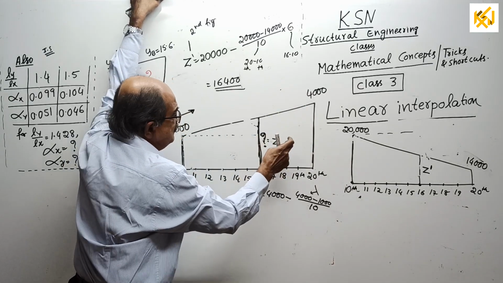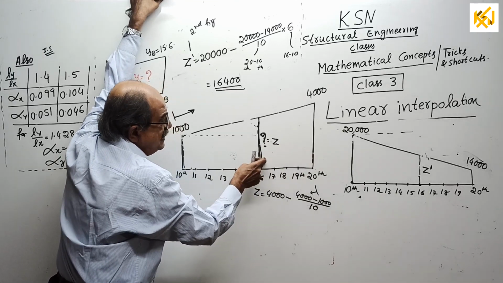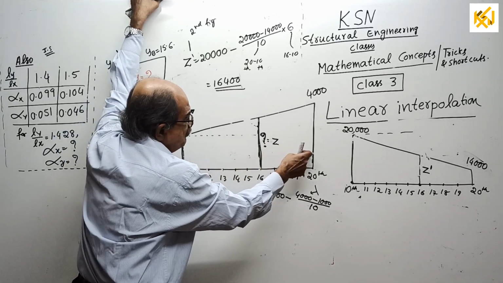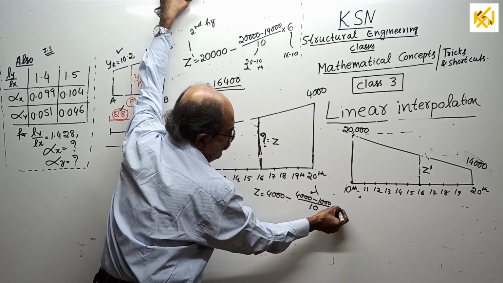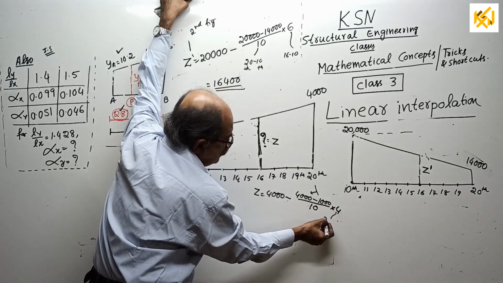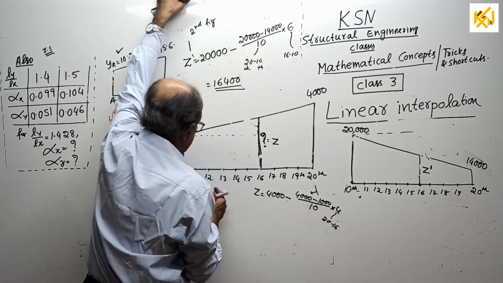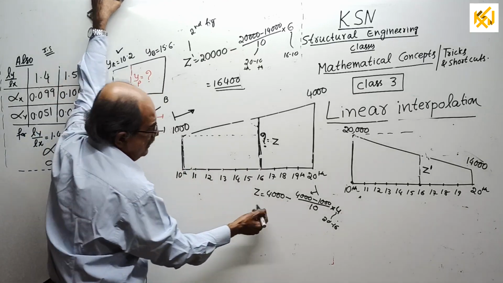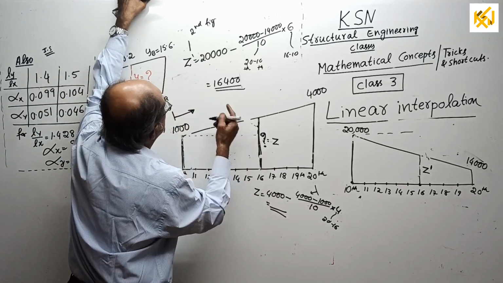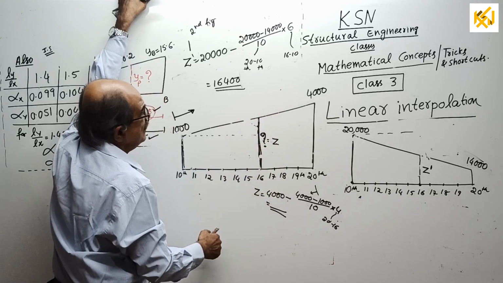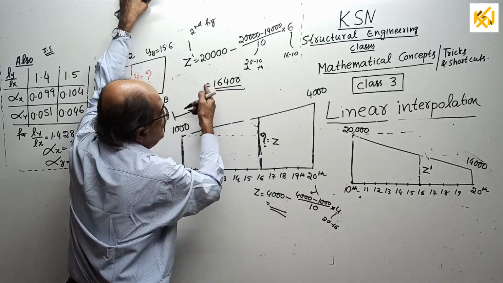Now you want the decrease only for 4 days. See, from here 6 days, from there 4 days. Multiplied by 4. This 4 is 20 minus 16, 4. Here 16 minus 10. Okay. If you calculate, the same answer will come. I forgot the answer you got earlier. Or for the Z dash.